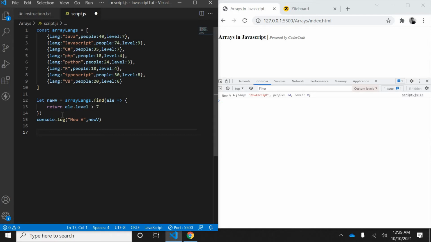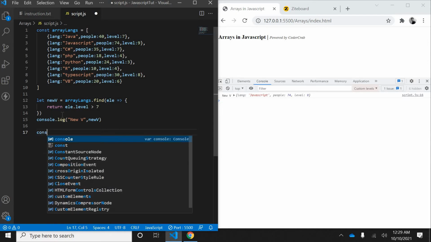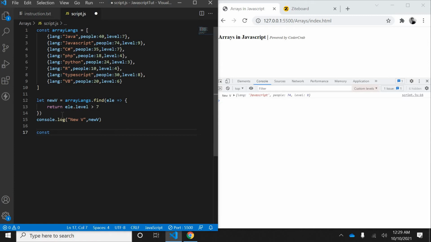Let's put one more example with a similar simple array. Let's say constant arr equals some values like 32, 56, 89, 90, 23.